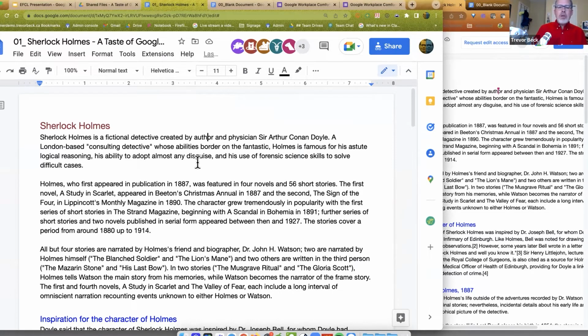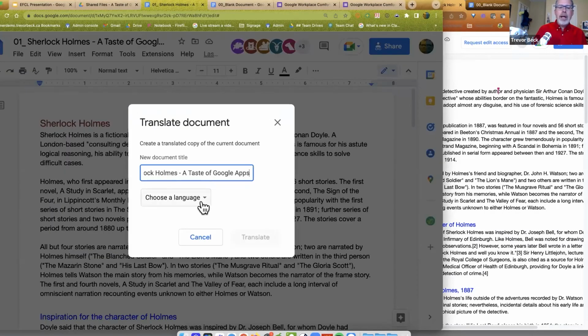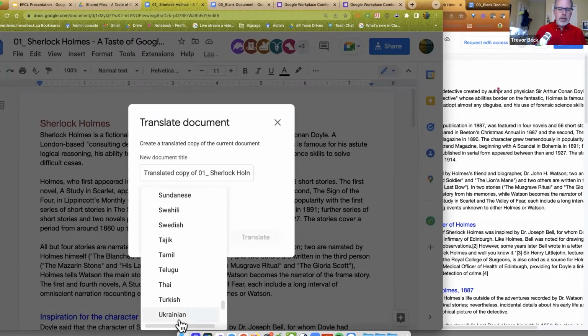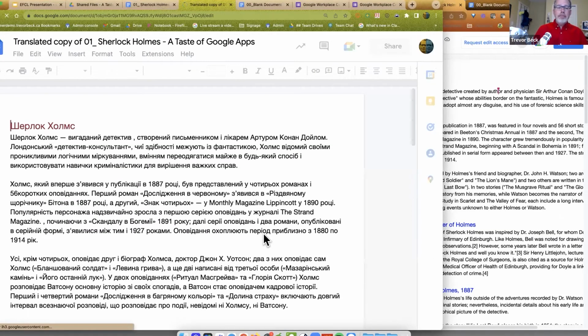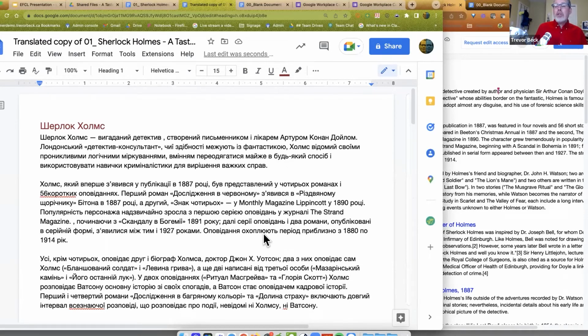Well, once you've done your document, you can go under tools and I can translate the document to whatever language I want. I'm just going to pick Ukrainian just because I was talking about it, and I'll translate it. And now I have a brand new document in Ukrainian. How accurate is it? It's not going to be exact, just like anything else. Well, quite frankly, translators aren't exact because everyone's got a different way of putting a spin on things. But it's sure going to give them a lot of the basic idea of what it is you're trying to communicate. This is an excellent tool.